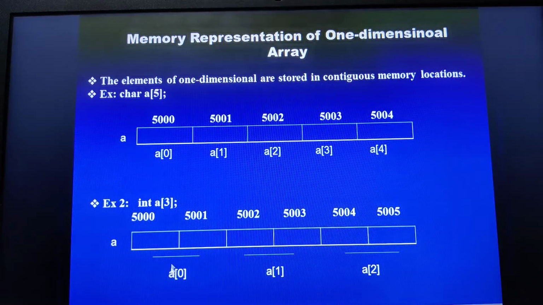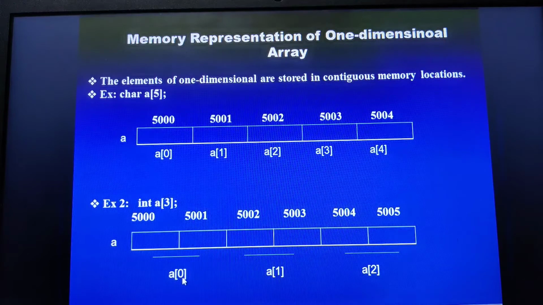Now let us see how it is done. Now look here. We have 2 bytes. 2 bytes in the sense that is 16 bits, since 1 byte is equal to 8 bits. Both of these particular locations combined will become 2 bytes. Therefore, we have the memory allocations like this: 5001, 2, 3, 4.